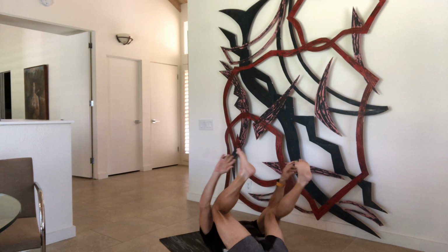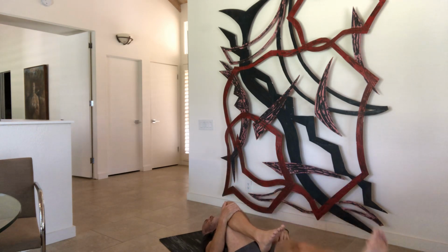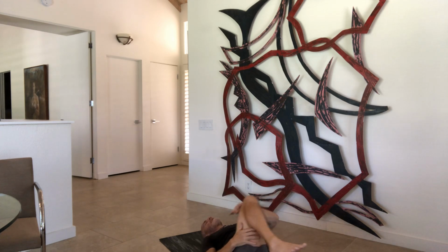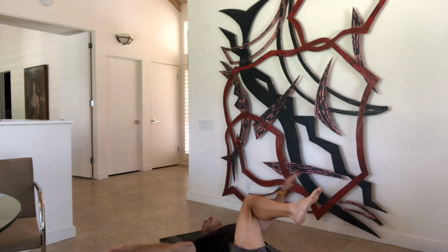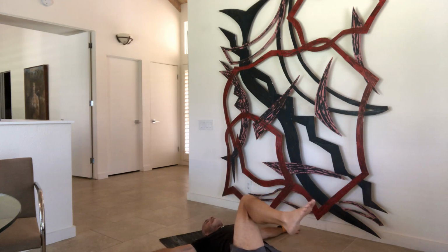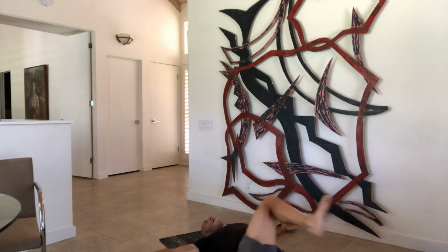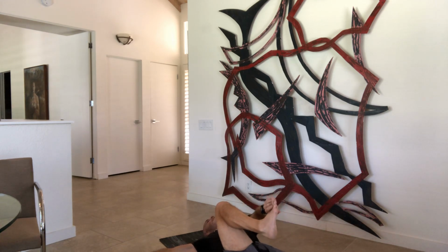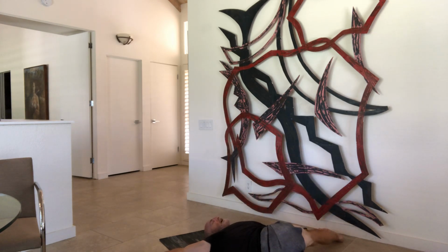Now, of course, my favorite thing to do, I'm going to hug those knees back to my chest, getting ready for some twisting. Send my left leg all the way down that mat. I like to take my right leg and cross it over, but I like to straighten that leg. It just gives me an extra stretch here in the back. So ideally, my arms are on either side like the letter T, and my knee falls over. But if I want to straighten my leg, what I do is I'm going to grab my big toe on my right foot first, straighten that leg out, then let it cascade to the side,